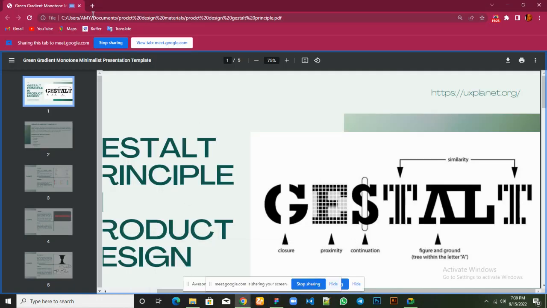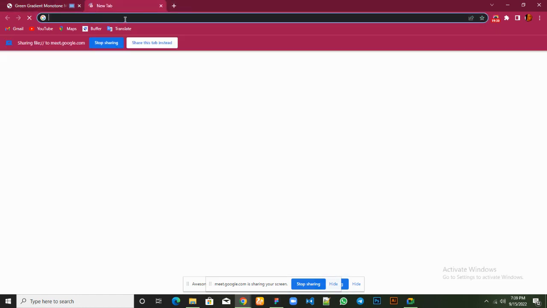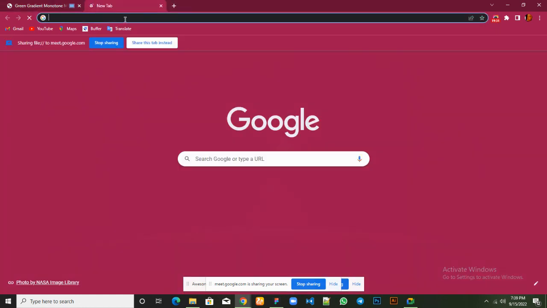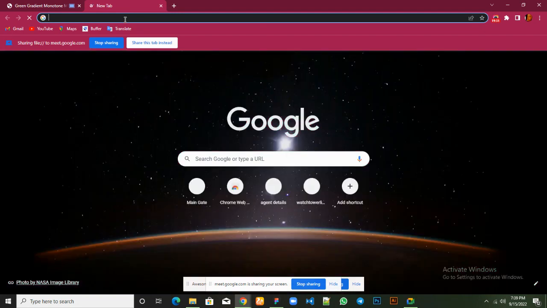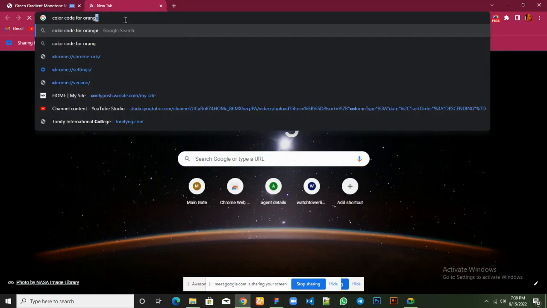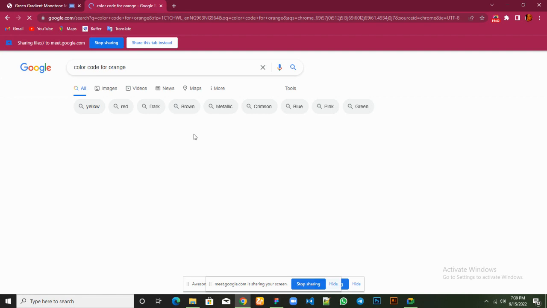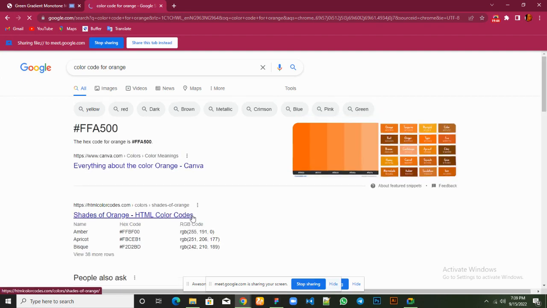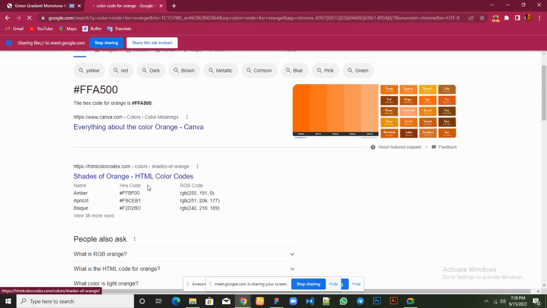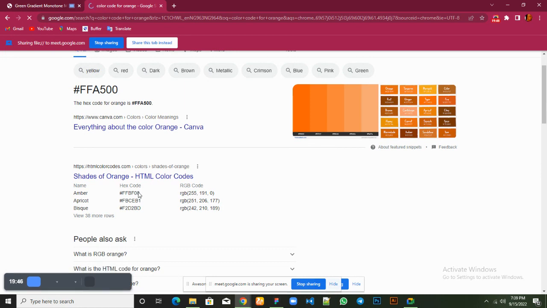So let me go online and let's say I want a color code for orange. I'll go ahead and type color code for orange, and it will come out. When it comes out, copy the color code and paste it there. Okay, so we have different color codes for orange, different shades. Let's say I want this first one. I copy, Ctrl C,